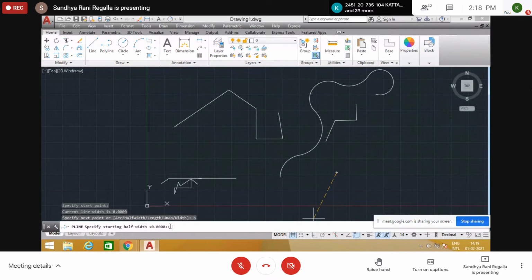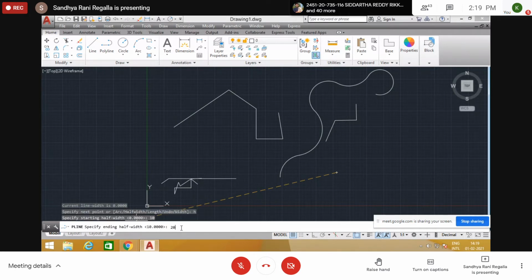Suppose instead of 0, I want to start a line with a width of some 10, for example. Specify starting half width. Whatever value I give is only the half width, not the full width. If I give 10, half width means full width is 20. Enter. Specify ending half width.